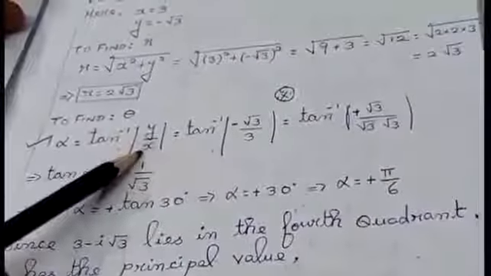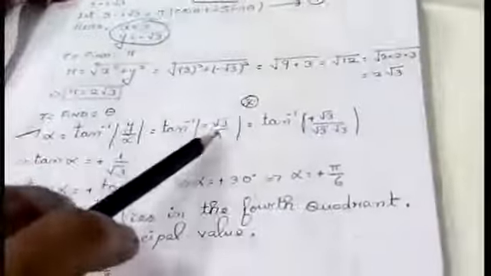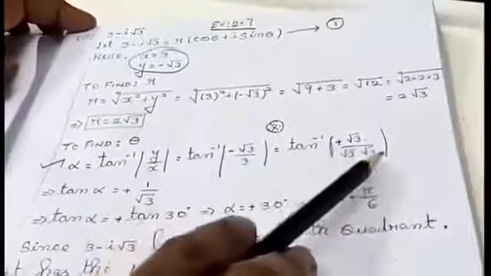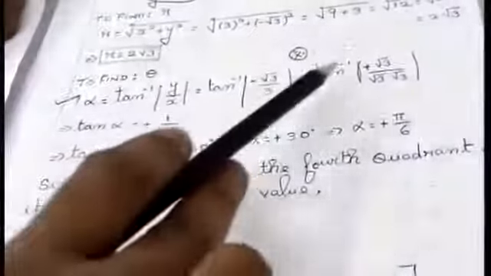Next, what is the value for y I am having here? Minus √3, and x is 3. So keep this in your mind, students. Using this only we are going to substitute the values. I am having modulus here. This 3 can be written as √3 into √3. Cancel the √3, and automatically you will get tan α equal to 1 by √3. Also, α is equal to tan inverse of 1 by √3. After removing the modulus, it will be converted to positive.